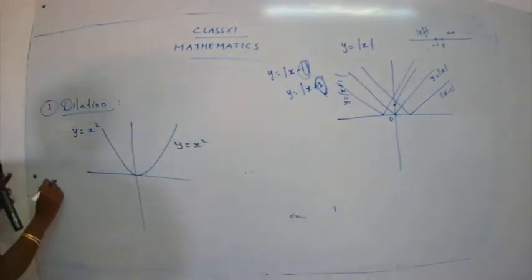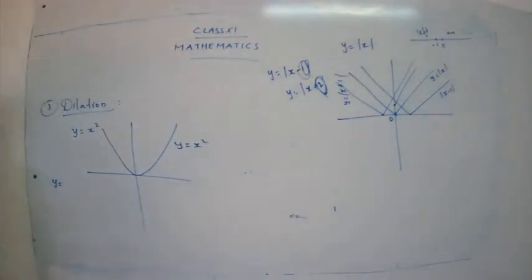Now what we are going to do is find one more function, which is equal to half of x square. See, now what is done here is multiplication. In the previous cases, for the first part of transformation, reflection, we were focusing on the signs. The signs were different, like the x was with a minus sign, or the function was with a minus sign, or we were dealing with the inverses.